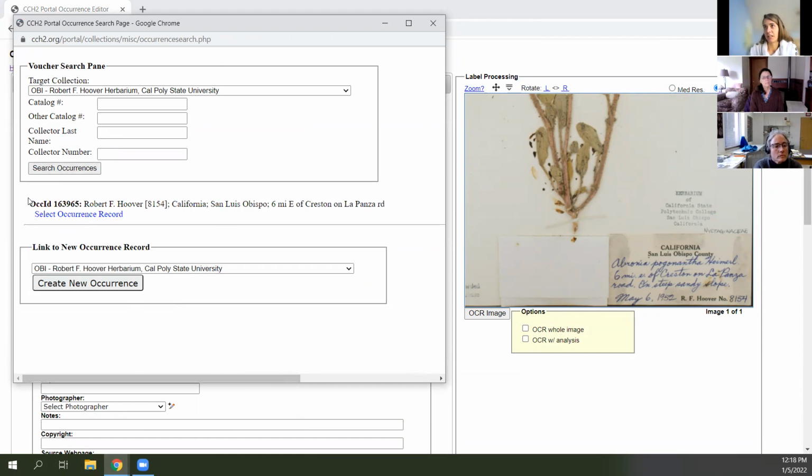And you can search and it will show you right here. Okay, here's one that's Hoover 8154, collected in San Luis Obispo, 6 miles east of Creston, and so on. And you could make sure that that matches the label of the actual specimen you're trying to remap. And if you clicked select occurrence record,